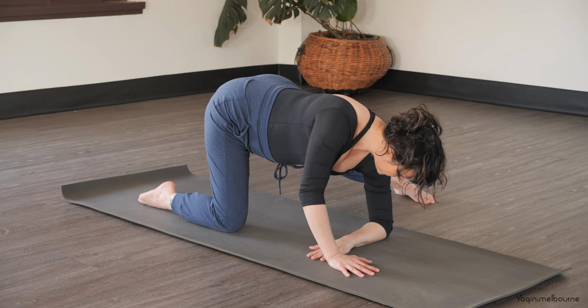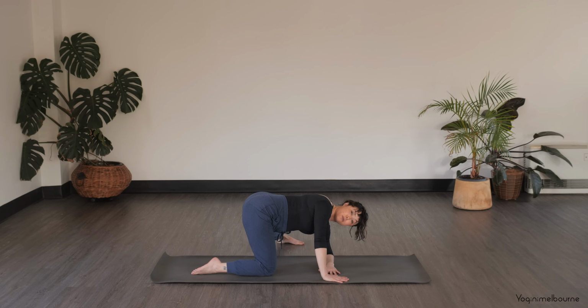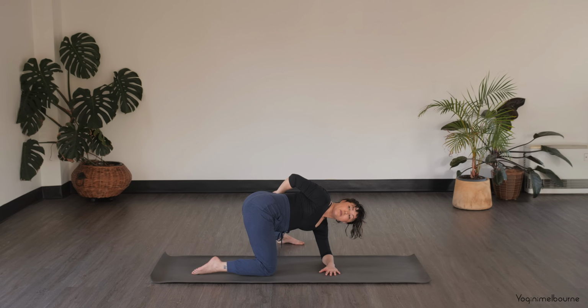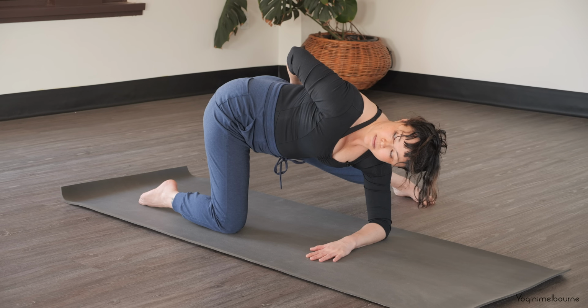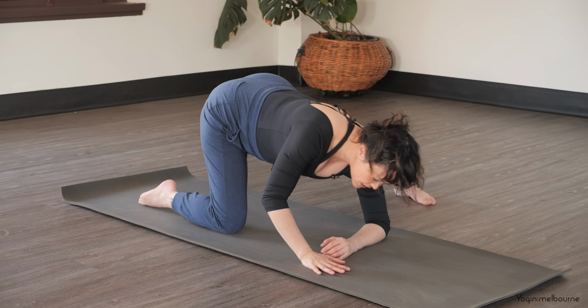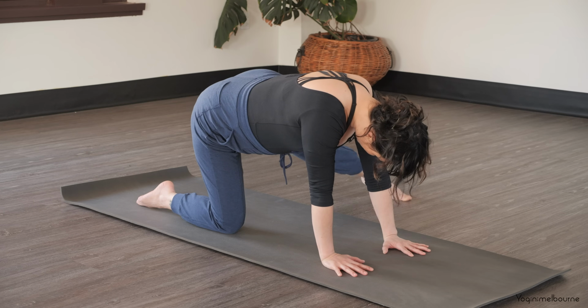So left elbow underneath that left shoulder, right hand slightly to the side, and you start to turn the shoulders to the right. And you might feel like you just need to stay here. If you can, you're going to wrap that right arm behind you, looking towards the right shoulder. Check in with your breathing. And then releasing that right hand down, making your way back onto both hands,